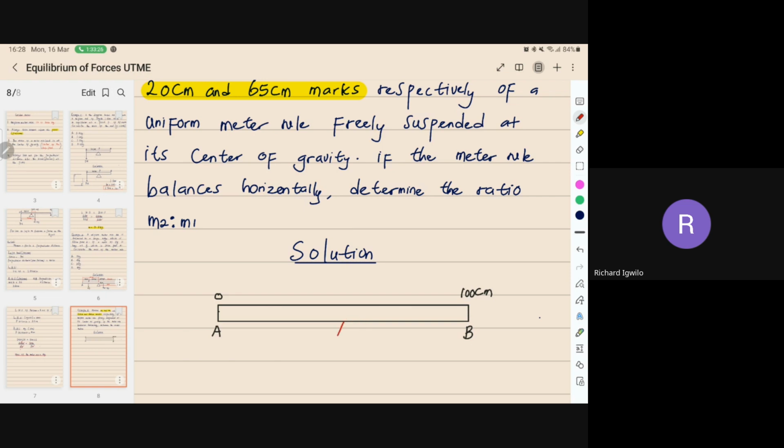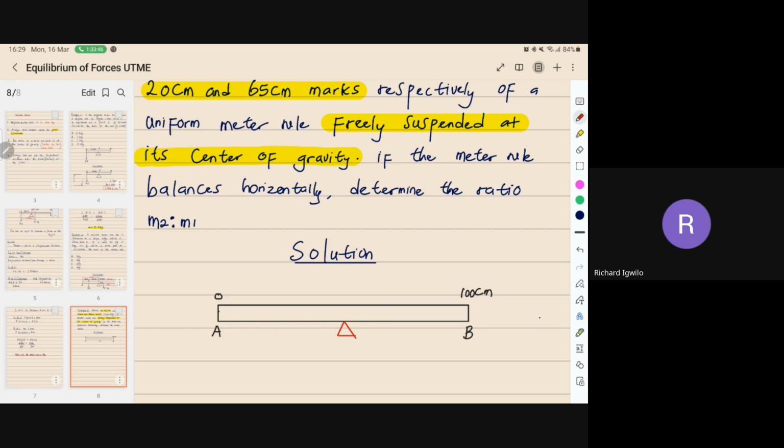Is at the center of gravity, right? Which is what, 50 centimeter. This is what they said: it is freely suspended at its center of gravity. That means that the fulcrum is at the center of gravity, which means the distance from here to that place is